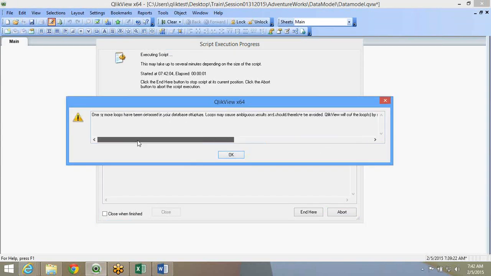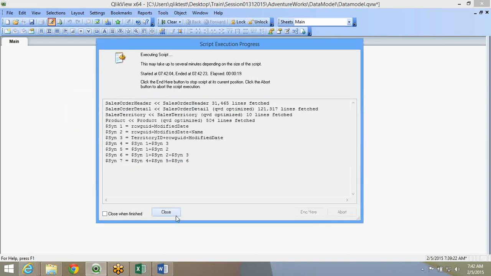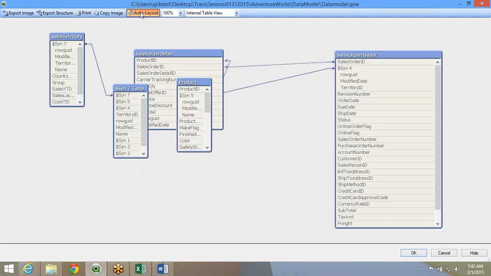Now this is another condition where, apart from synthetic keys, you might get this kind of error message: one or more loops have been detected in your database structure. Once you load the tables, a loop can be created.